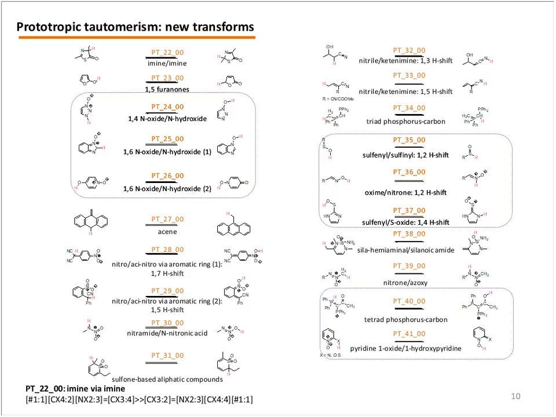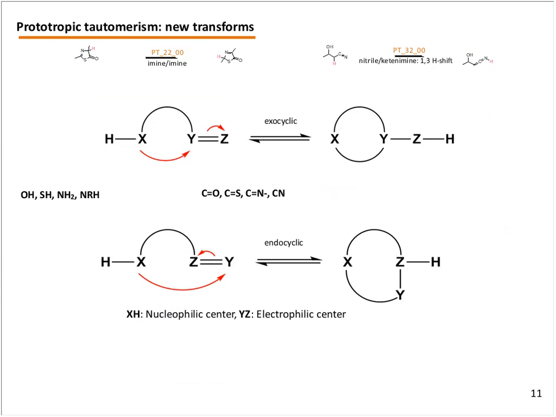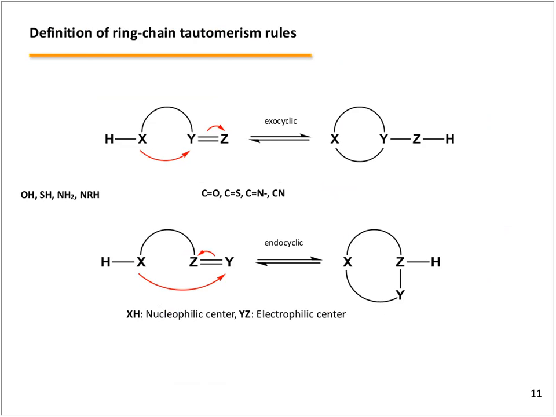There are some other examples which involve phosphorus during tautomerization. So the next topic is the ring-chain tautomerism rules. These ring-chain tautomerism rules are based on the type of the nucleophilic center and the electrophilic center,